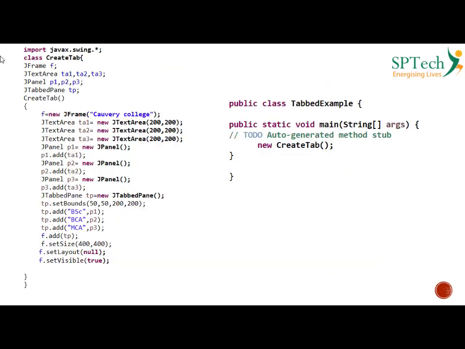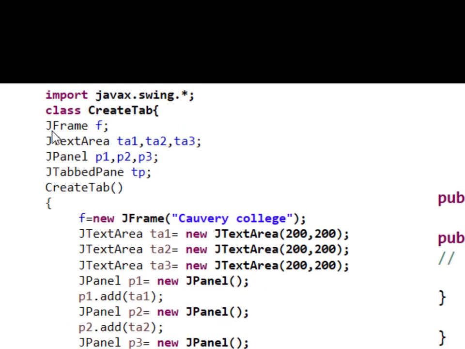Now let's examine how the program works. The first and foremost thing is you have to import the package javax.swing. Now I am creating a class called createTab. Inside that I am creating a variable called f of the JFrame class.